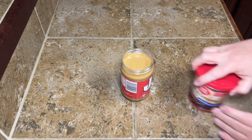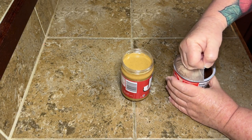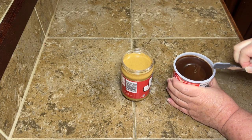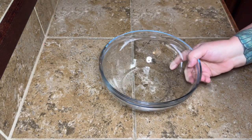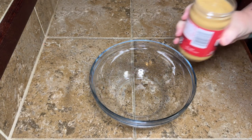So go ahead and remove the seals off of both of these, and because they're both metal, just be really careful that you don't put any of this little foil stuff in the microwave. So you're going to need to heat these for 1 minute each, okay? So put your peanut butter in, heat it for a minute, then we're going to pour it right into this